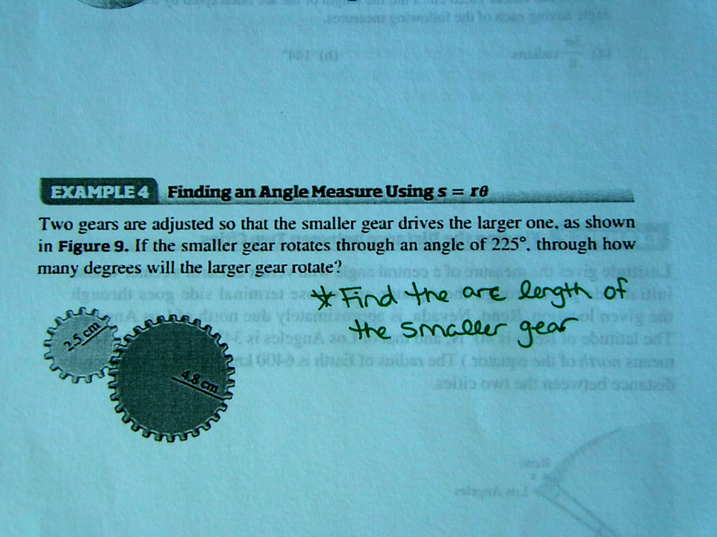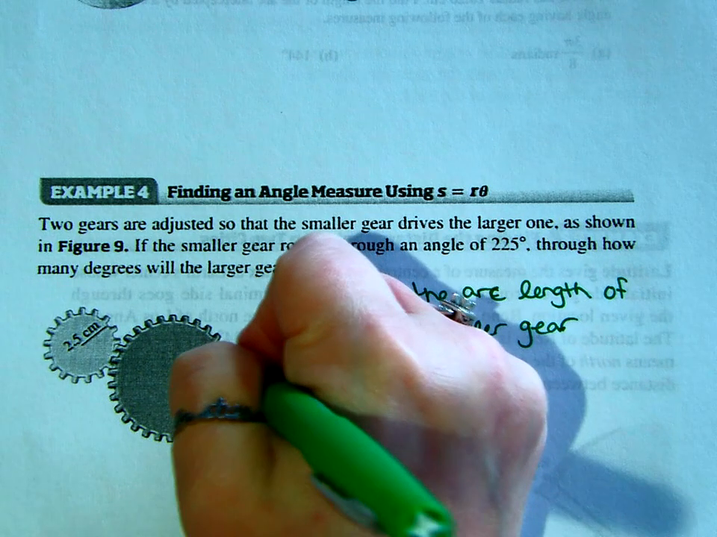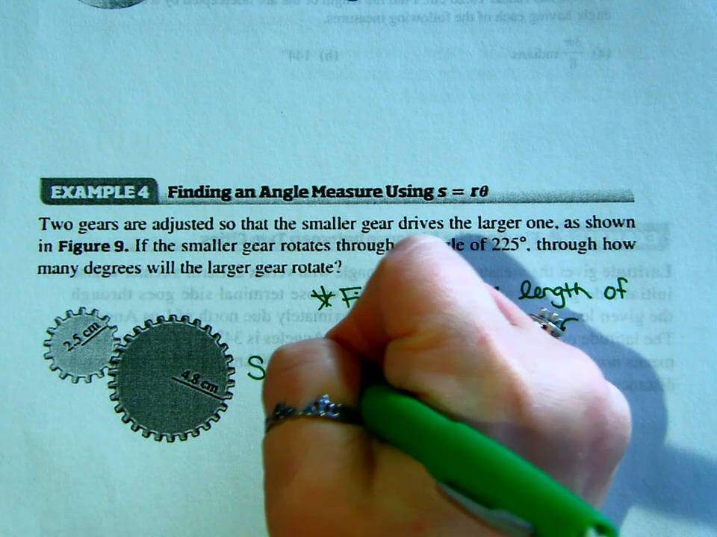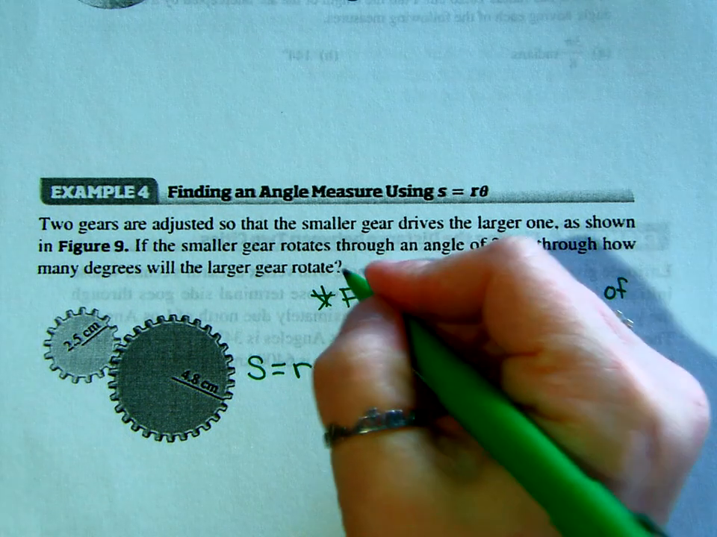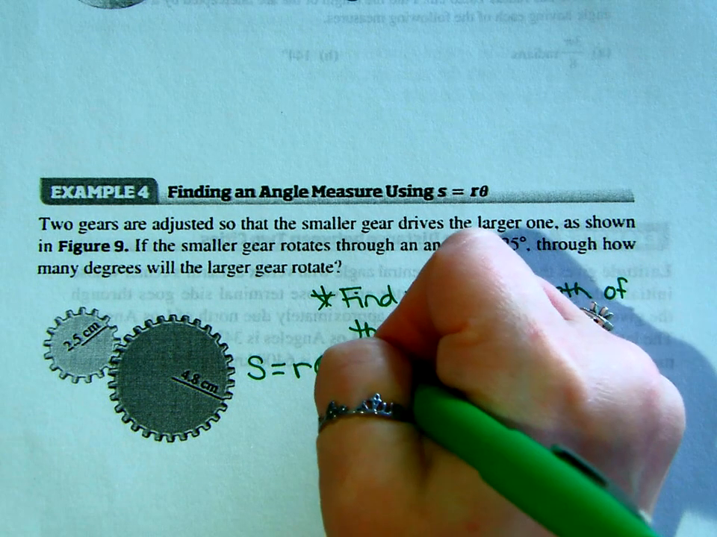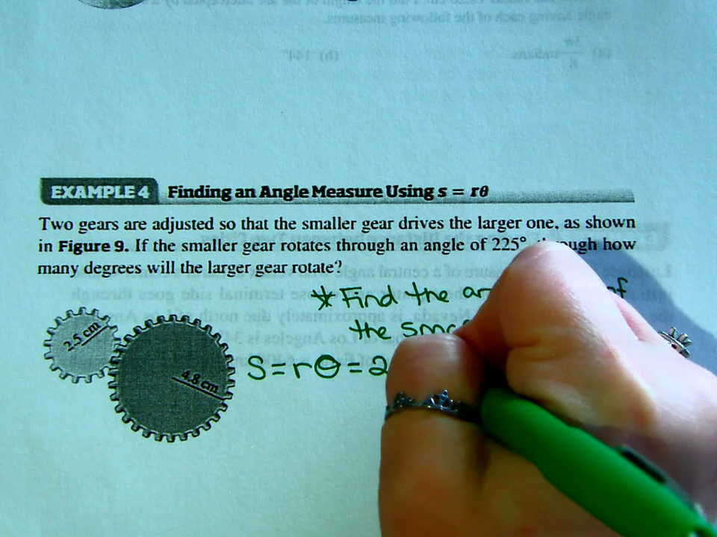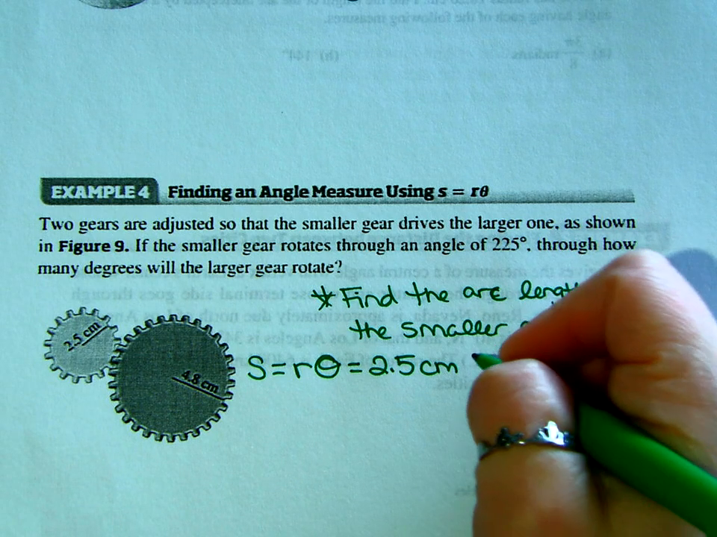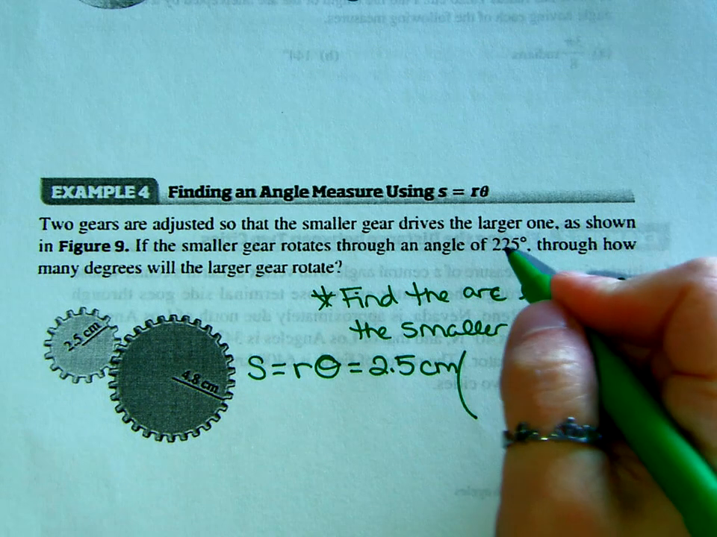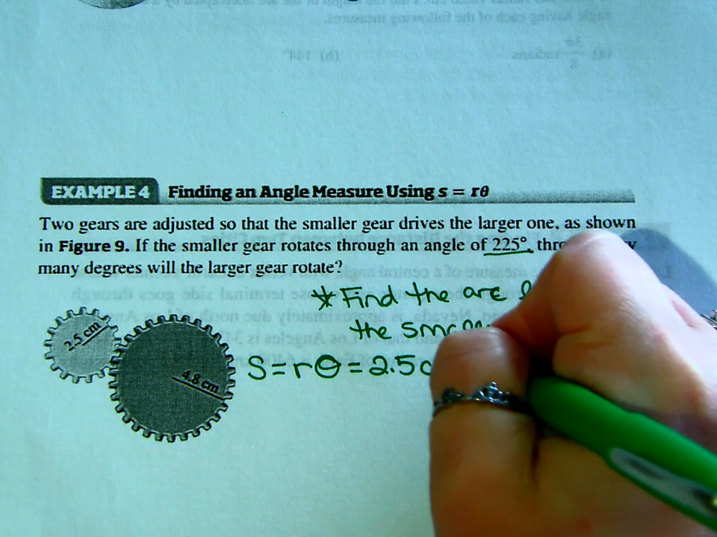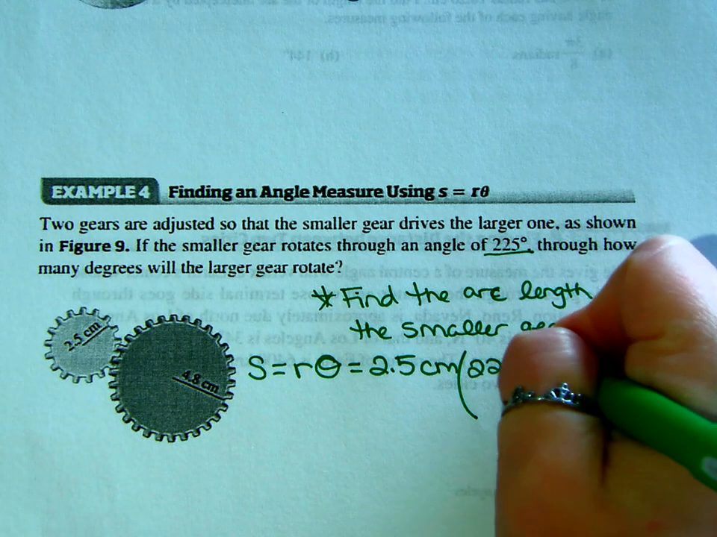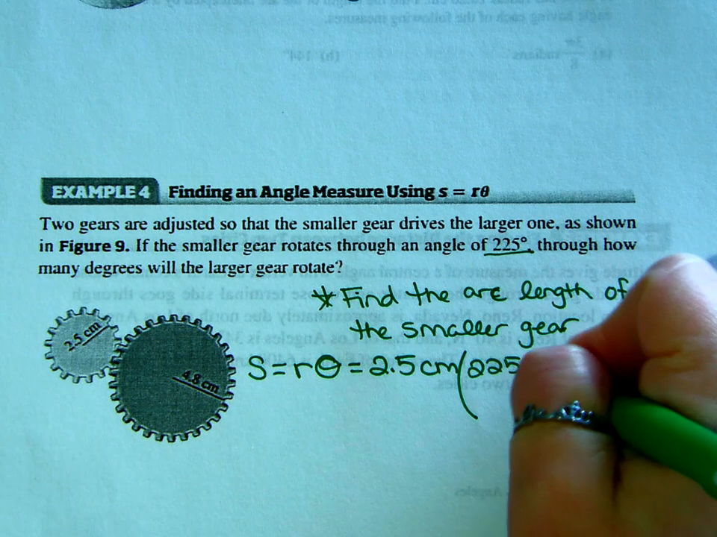So again, I'm going to use one long expression like I did in the previous problem, because I'm going to think about the arc length of the smaller one as the radius of the smaller gear times the theta. The radius of the smaller gear is shown as 2.5 centimeters. You don't have to write the centimeters, but I did. And then it says the smaller gear travels through the 225 degrees. So 225 degrees, but we need to convert that to radians. So I'm going to take